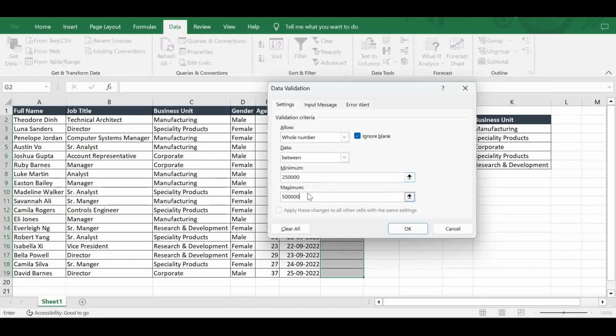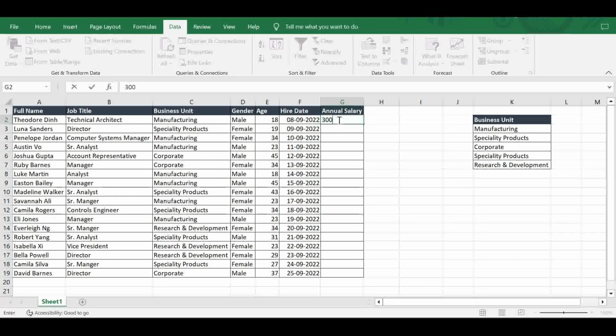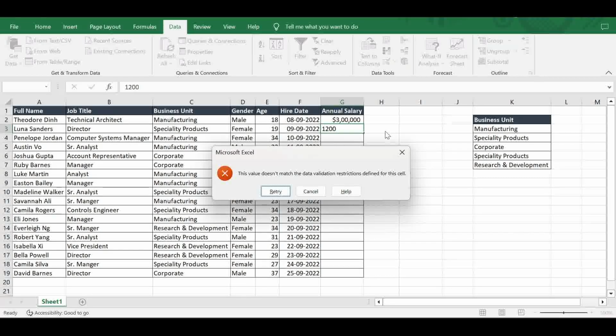I am choosing the range between 2,50,000 and 5 lakh. Click on OK. If I mention annual CTC 3 lakhs and click on enter, it will take. But if I give an annual CTC out of range and click on enter,